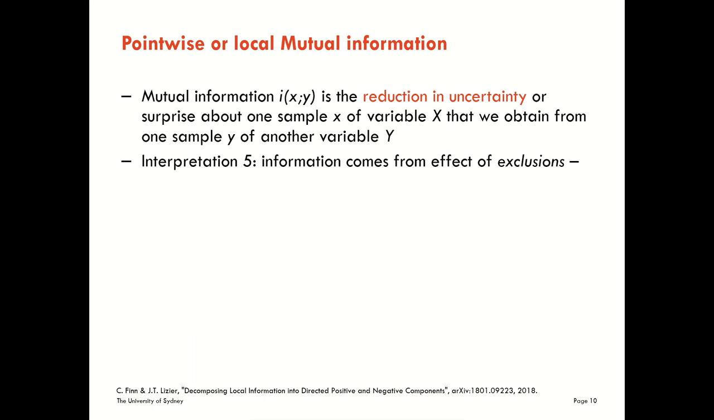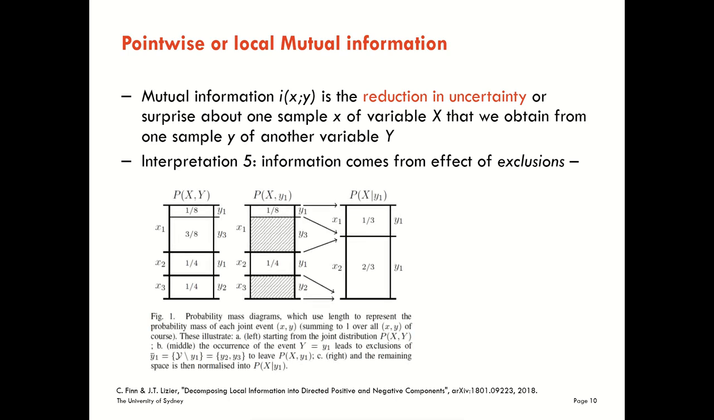Okay, another way that we can look at the mutual information at this pointwise scale is to think about how information comes from exclusions. What I mean by that is exclusions in the probability space. So we can think about a probability mass space here between our two variables, x and y. What we've done is we've written out all the combinations of x and y that we may have in our space here. We've written them out in a way